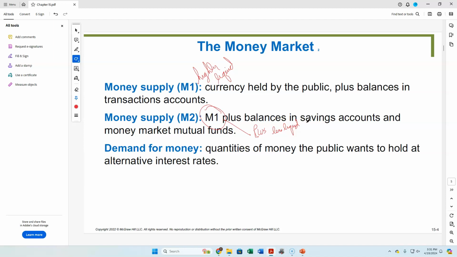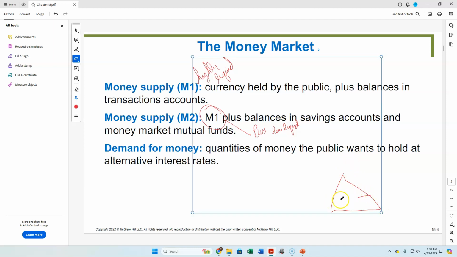And that's essentially what's in M2. It's built up like a pyramid, where we've got M1 at the base, and then we include in it M2, right, which is going to be everything here. M2 is going to be everything in M1 plus M2, right? So it's going to be this larger part of the triangle. And then you'd have to presume there's an M3 and so on and so forth.